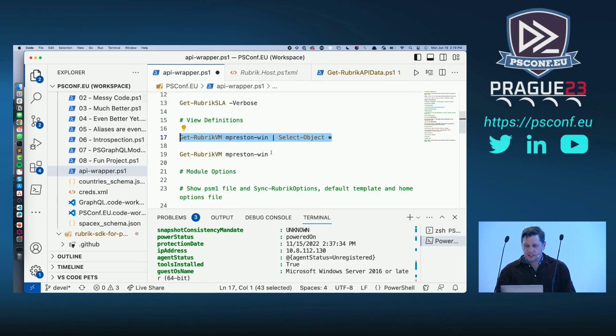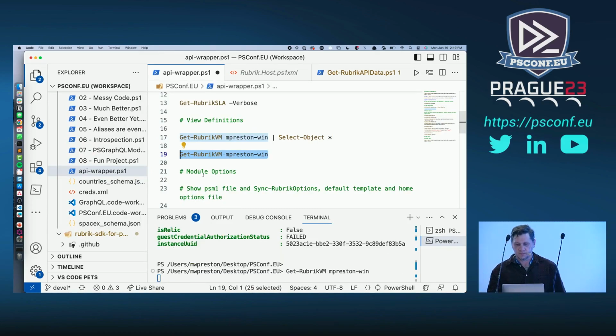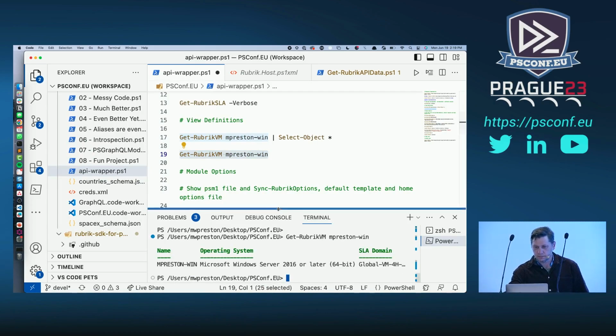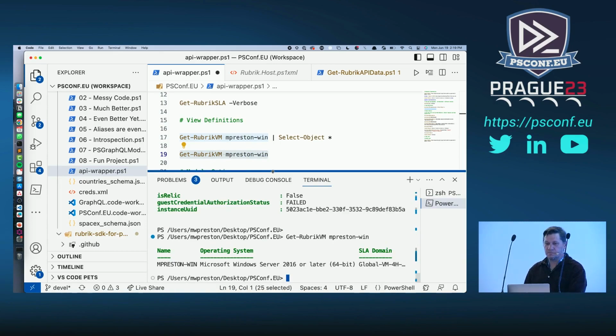And we did this, and we can see the result of that. Right, so now we're getting bare minimum information, and we thought it was a good idea, and I think it is. But the problem was, it's a good idea if you actually start out that way. If you have a bunch of users that are used to seeing a long list of properties returned, and then all of a sudden you hammer this on them,